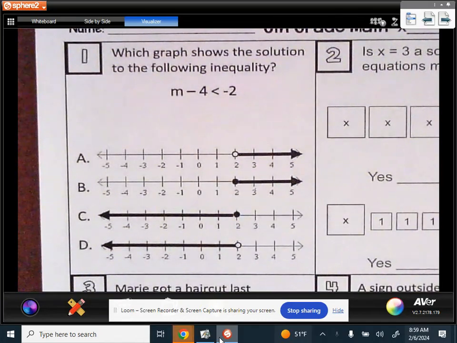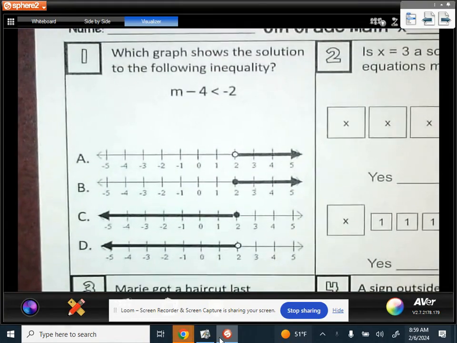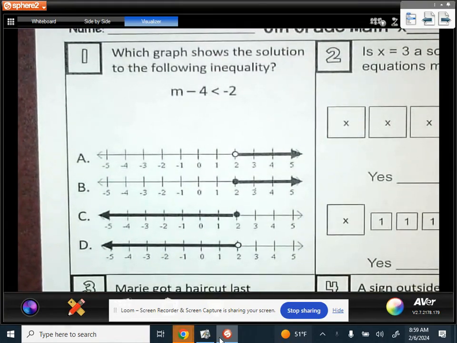Okay, we have our test coming up over equations and inequalities. So I'm going to go through the review questions. The first one says, which graph shows the solution to the following inequality? So before we can find the graph, we need to know what the solution is, which means we need to